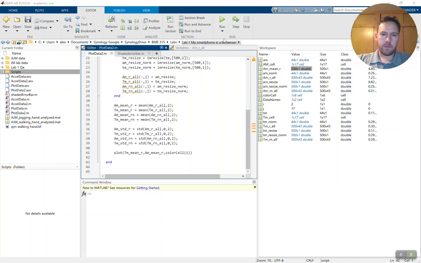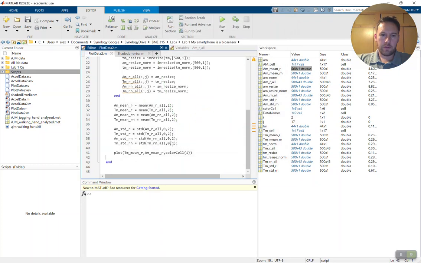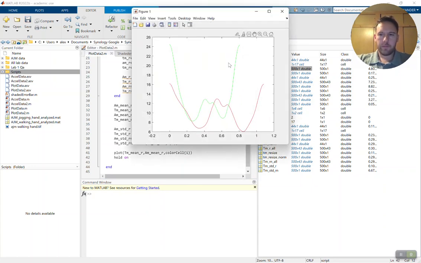Let's plot this stuff real quick. You gotta hold on. Cool. So that works out. The axes are a little weird though. We should go from 0 to 1, or